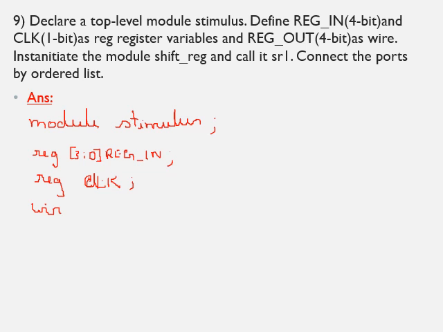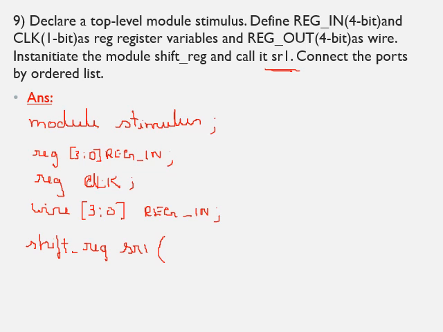So wire 4-bit, that is 3 down to 0, register out. So note down here, all the variable signals are mentioned as in capital letters. That's what it is specified in the question. Instantiate the module shift register. So the instantiation line will comprise of the name of the module followed by the instance name. So instance name should be given as SR1, that is what is mentioned here, and connect the ports in